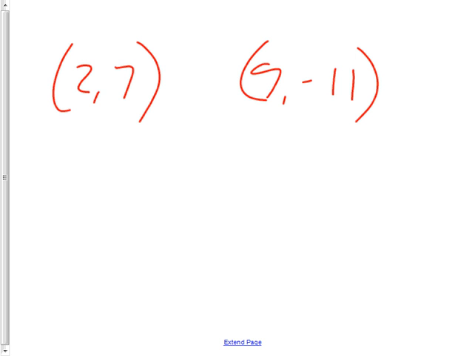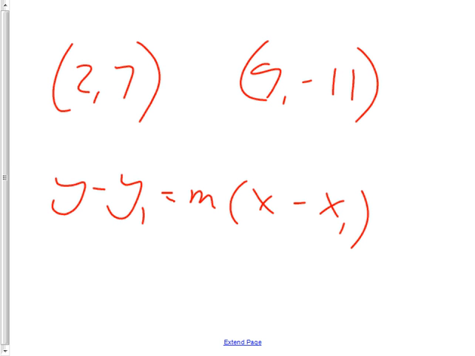So it's really important you have this memorized. Y minus y sub 1 equals m times x minus x sub 1. So this was the other half of that worksheet. And, by the way, if you wanted a reason why you should care,